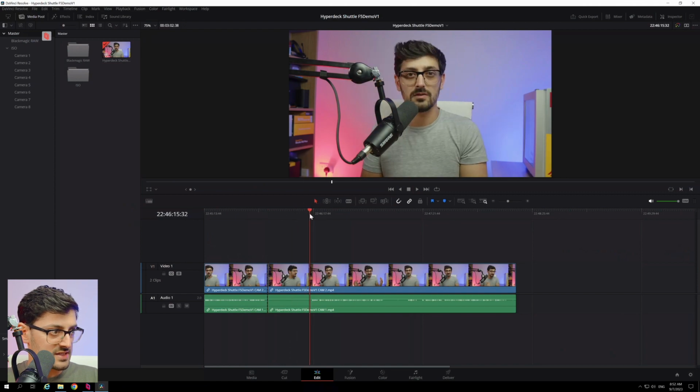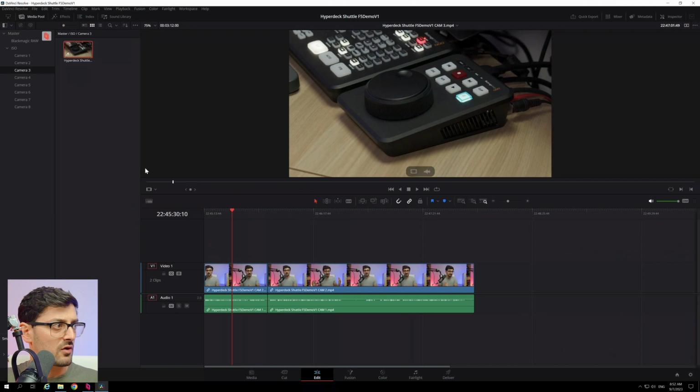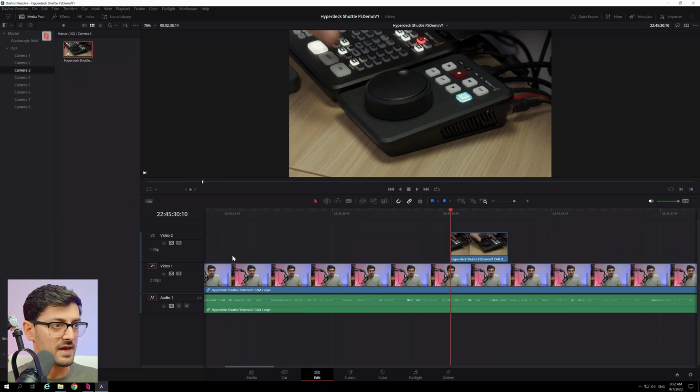And then let's also add in a camera angle as well. So if we go to camera 3 here, which was my close-up on the Hyperdeck, and I'll actually find where I press record. Yeah, somewhere around there, I think it was. Let's see. There we go. There's the in point. We'll select an out point about there, and we'll just drag that in over the timeline here. So if we zoom back in and play that now,